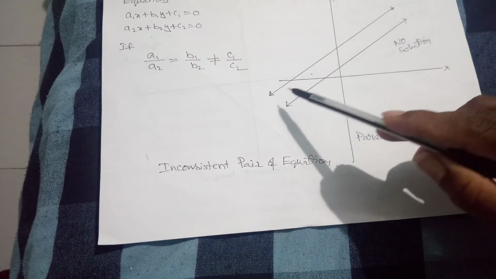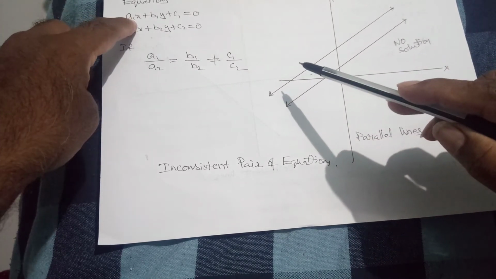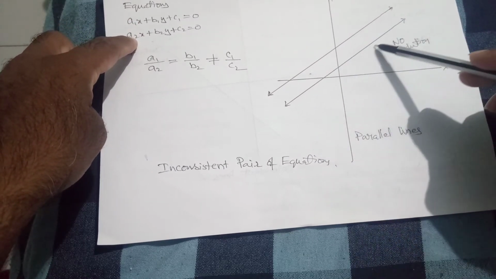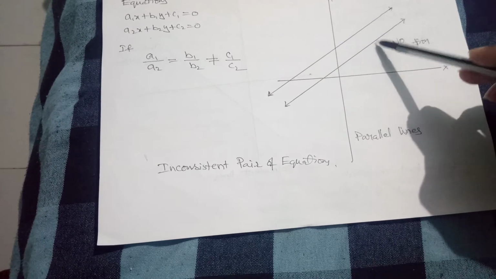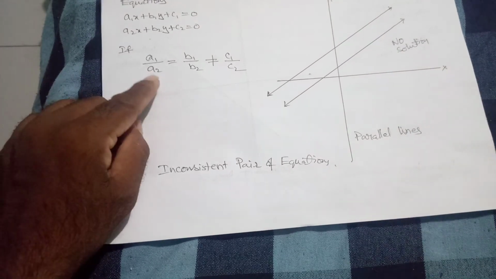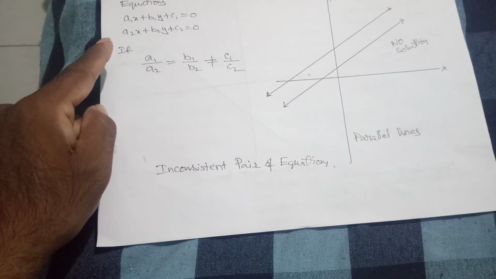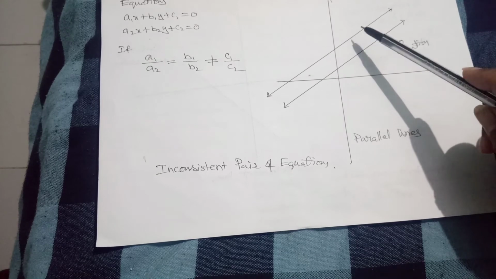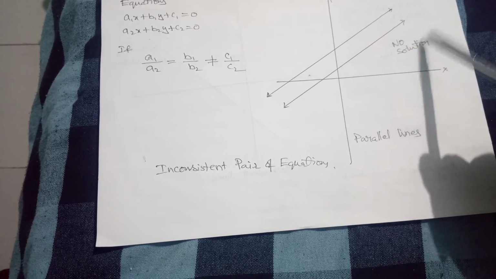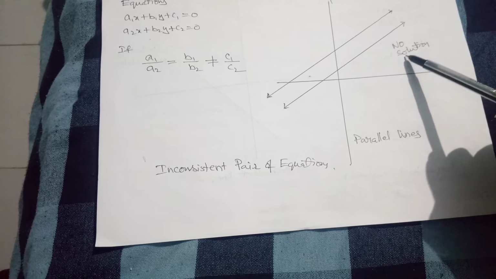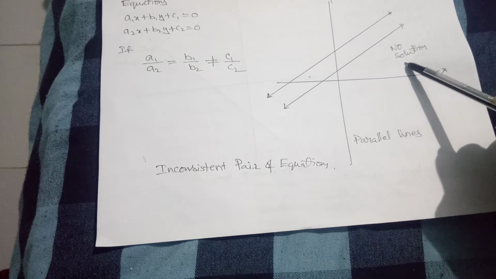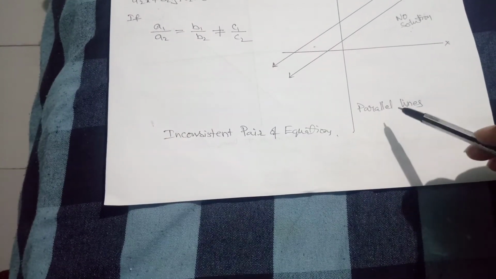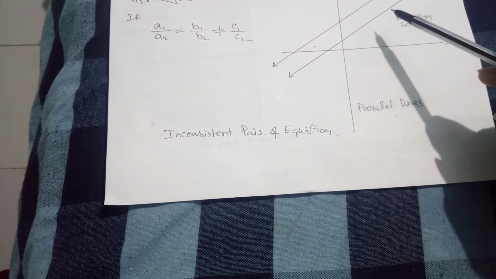then if you draw the first line, and if you draw the second line on the Cartesian plane, the two lines are parallel. The ratios will be like this. If you draw them, you can see the parallel lines on the Cartesian plane. So parallel lines never meet each other. Therefore, we can say that there is no solution for these equations combined. So parallel lines, and there is no solution.